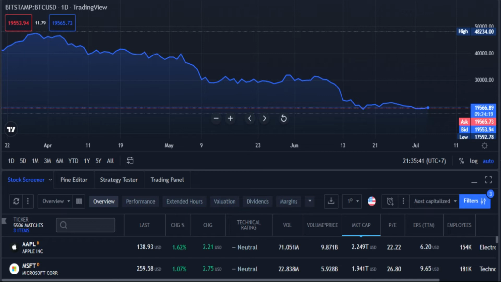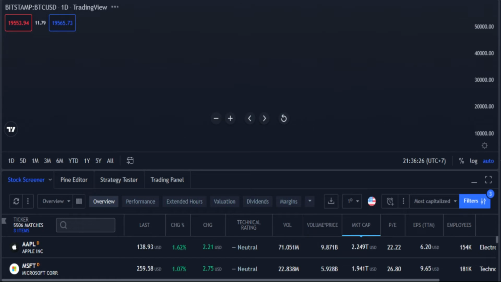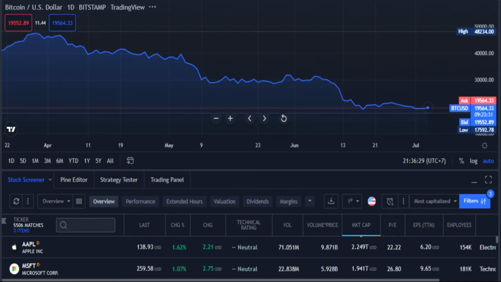and then they have to cover their shorts, right? And you cause a squeeze back upwards, right? And you end up having to buy back in at either the same or higher price. Not only that, you're competing with other people that also want to buy this cheap Bitcoin. If Celsius capitulates, if Celsius liquidates, the whales are not the only ones that want to buy this cheap Bitcoin. So there is competition,